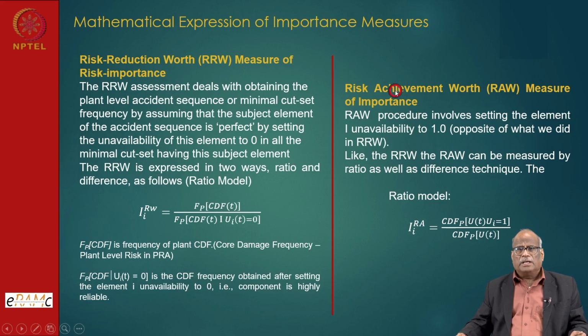Second one is risk achievement worth. Risk achievement means that the component value has been set to 1, and then we see what core damage frequency of the plant we will get, compared with the overall core damage frequency we have actually. So these are very elegant measures that are available, which are not subjective unless the data changes or some configuration has been changed. These factors will not change,